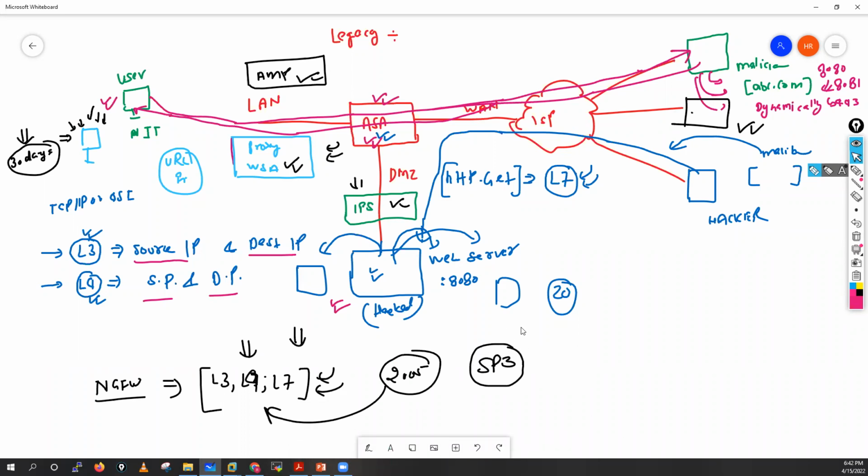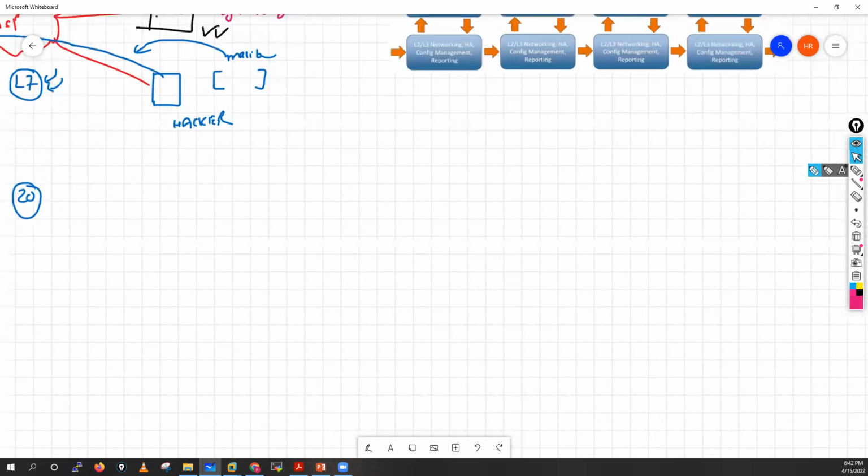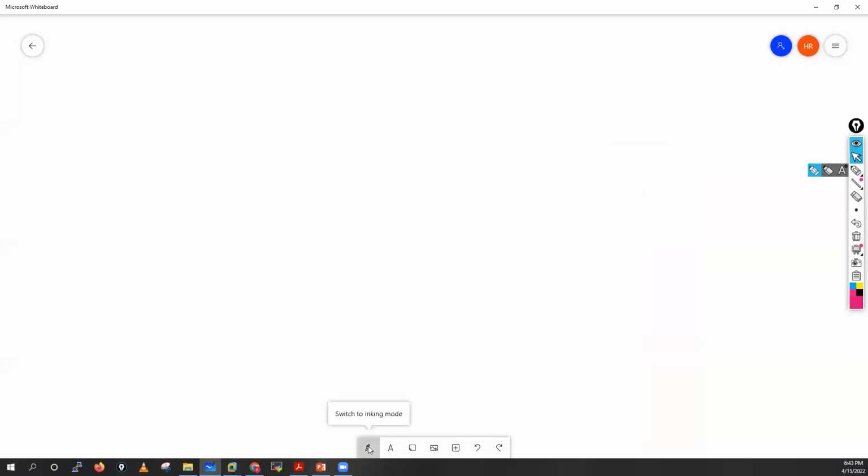Now, let me make some space here. Okay, so let me just come again to the next generation firewall, legacy firewall. So guys, now let's discuss the NGFW. So in next generation firewall, what will you get? You will get the app ID. What is the meaning of this app ID? App ID means application identification, which means